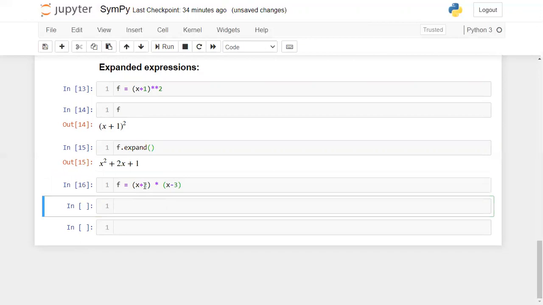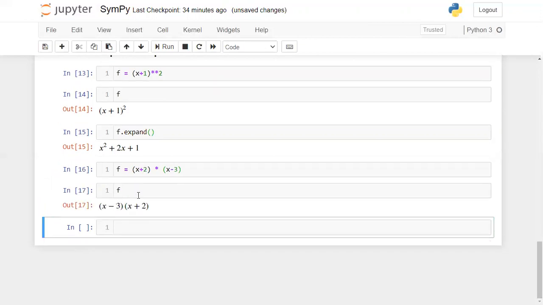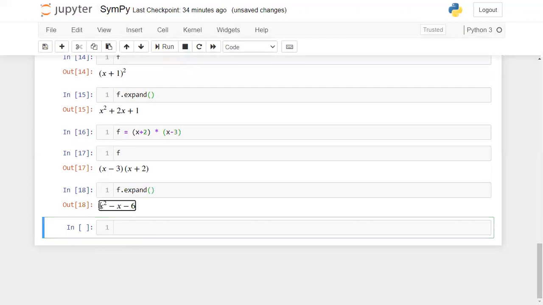Okay, so when you run this, if you try to print that, it is giving the value (x - 3)(x + 2), right? If you want to calculate it, you can directly write expand. When you run this, you'll get that expanded equation on the screen. Okay, so here I don't want to expand my equation. I want to find out factors of my equation.